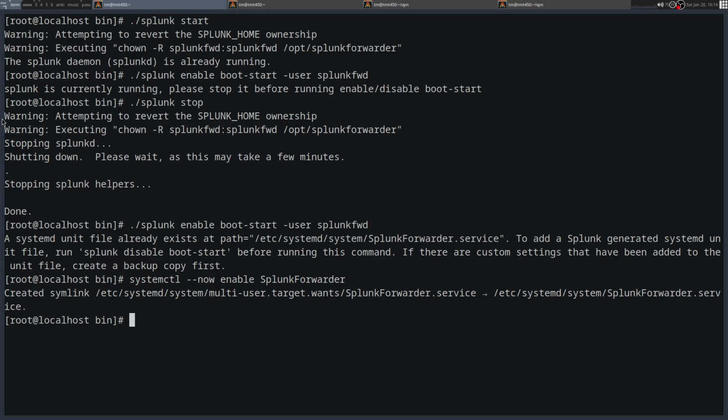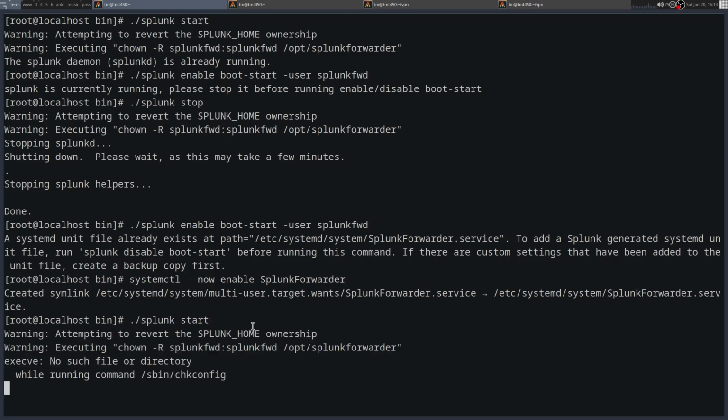Alright, so apparently you don't need to be using the Splunk forwarder command in here. You could use systemctl with the Splunk forwarder. And then just to double check that it started correctly, I'm just going to start it again. But first,